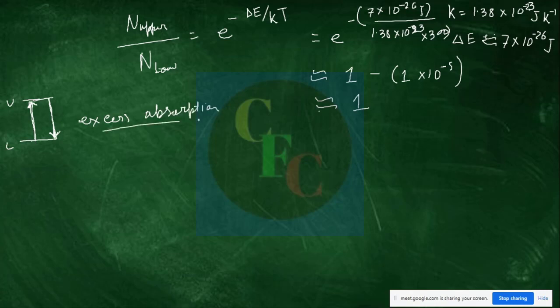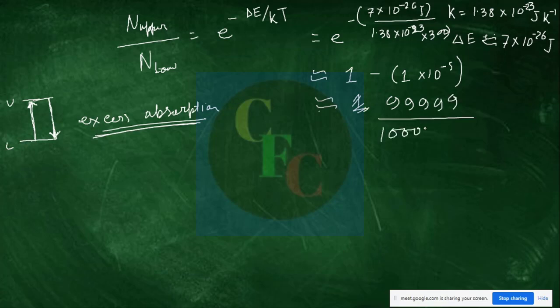We have to have some excess absorption. And what is this? This is very low. This is actually very nearly, not 1, I should say. This will come up like 9999 divided by another 9, 1 2 3 4 5, 1 2 3 4 5, yeah. So this is the ratio, right? So practically, if you convert it to percentage, what is the excess percentage? I think it's 0.001% excess.